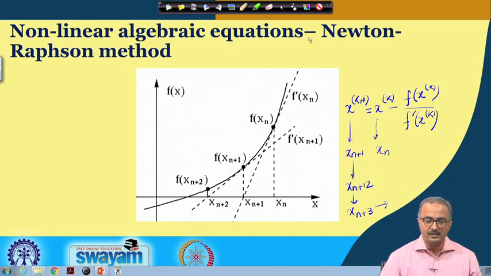Now, we find the next best value, and again from this xn plus 1 we find the value of the function, and again we put the tangent over here, and f prime of xn plus 1 is the derivative, that is the tangent, and from this we go to another updated value, that is xn plus 2. If we keep continuing this, we find that from this guess value we are approaching the solution, and we stop when our convergence criterion is met. So, this is the pictorial representation of the Newton-Raphson method.